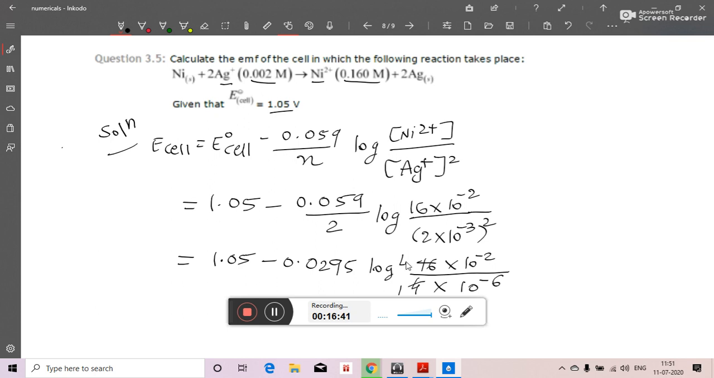So equal to 1.05 minus 0.0295 log of, now 10 raised to minus 6 in the numerator will become 10 raised to plus 6. Okay, so 10 raised to plus 6 and minus 2 is 10 raised to plus 4. So already we are having 4 and then we are having 10 raised to plus 4. So 4 into 10 raised to plus 4. So that is equal to 1.05